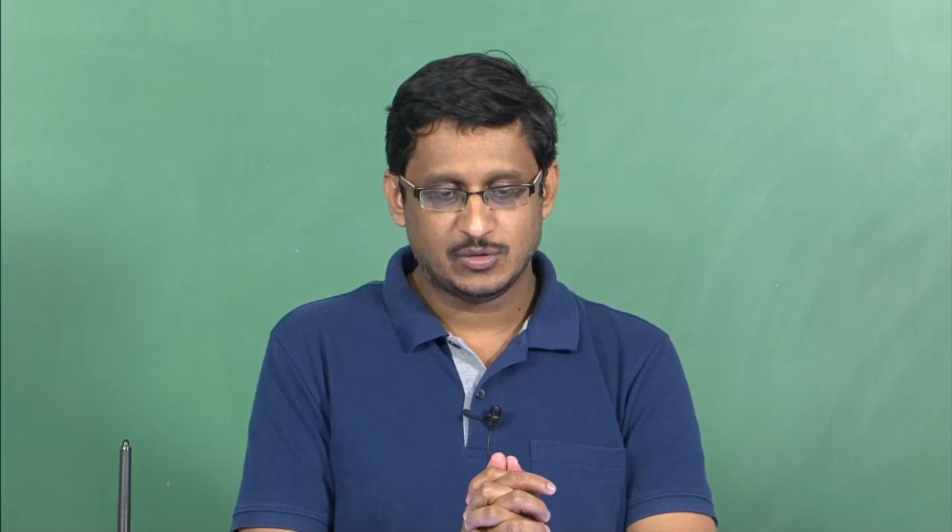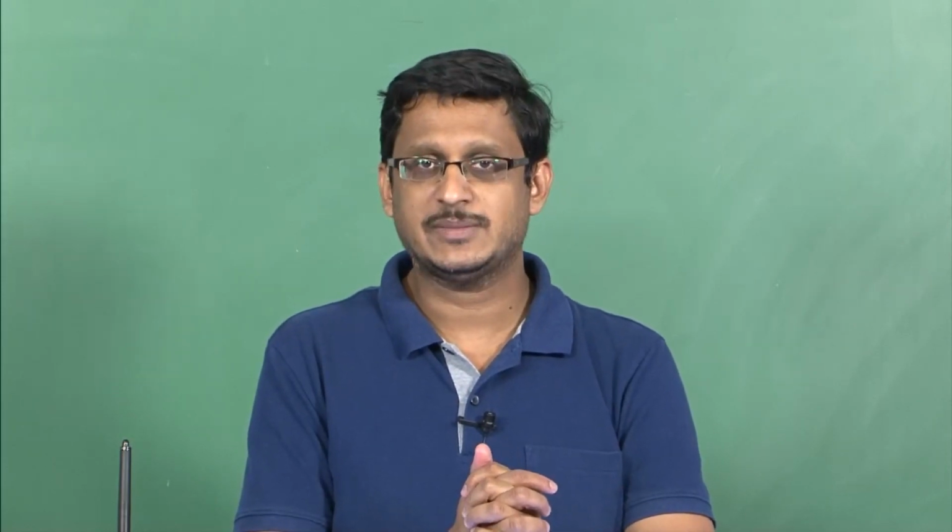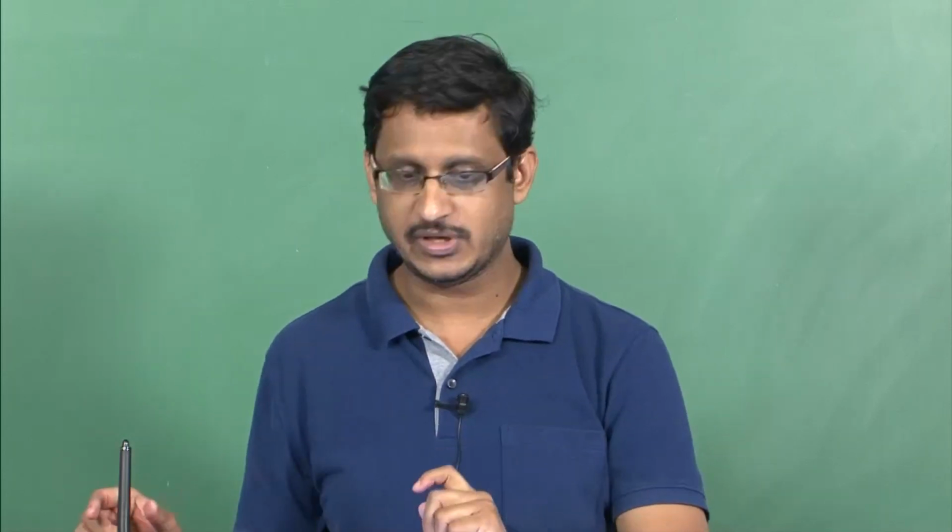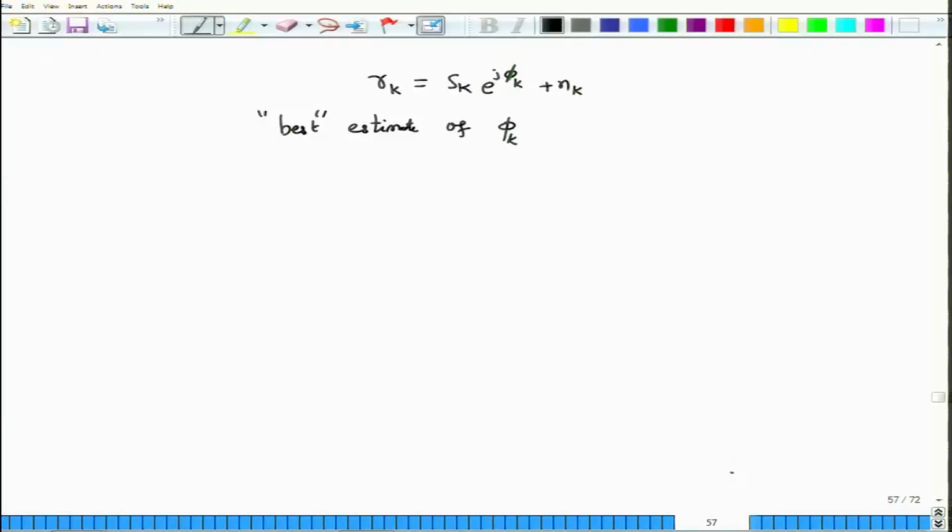In this module we will look at a couple of widely used algorithms to estimate the phase phi k. The problem we have already discussed. The received samples are Rk, which are given in this manner. When there is no noise and if you know Sk, then it is easier for you to find phi k, keeping in mind the phase unwrapping problem. If you do not know Sk, then there are problems in applying these algorithms, because the best algorithms can be applied when this parameter Sk, or the symbol that you have transmitted, is actually known to you.